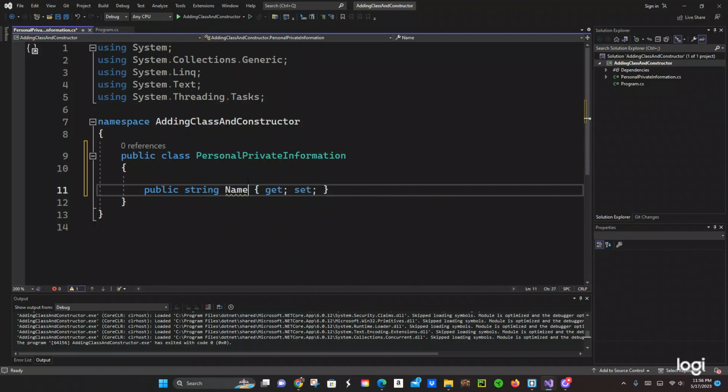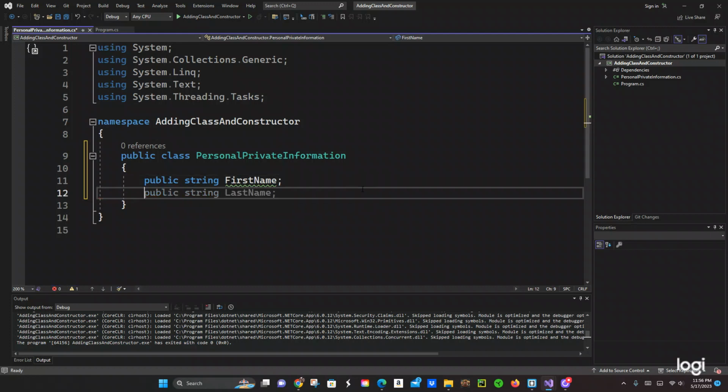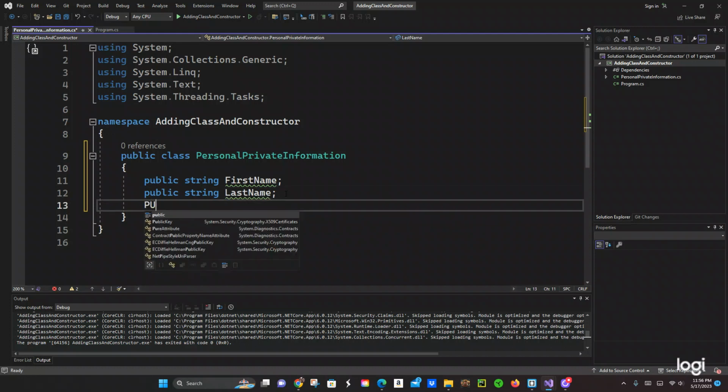So let's just do first name. Let's get rid of the get and set. We don't need a comma, it's just a semicolon, and then we do public. It's going to be another public string, last name, and then another public